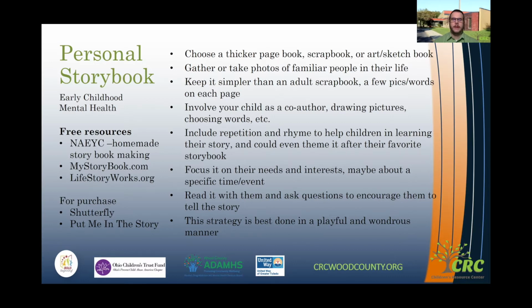their life. And if you're maybe doing something like this with younger kiddos, this would just be maybe pictures of experiences that they've had or people in their life. And it can help build that connection and relationship that we know in early childhood is so very important to establishing lifelong mental health. So, the tips that I brought to you today are from the NAEYC, and you can